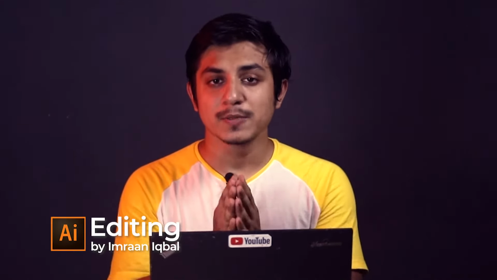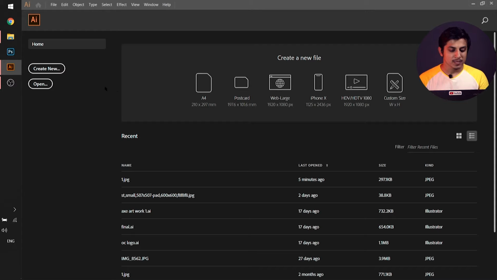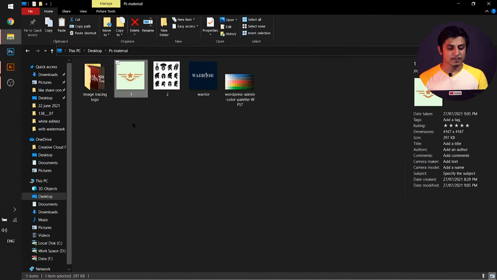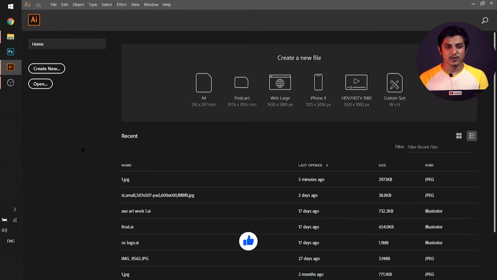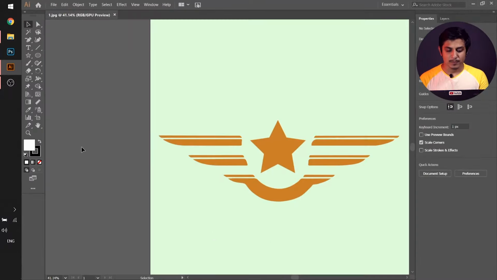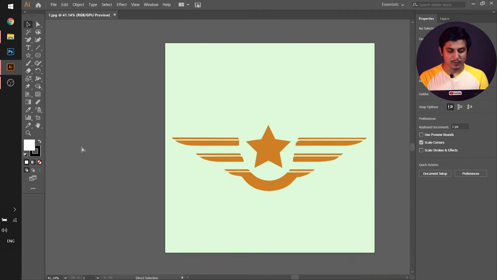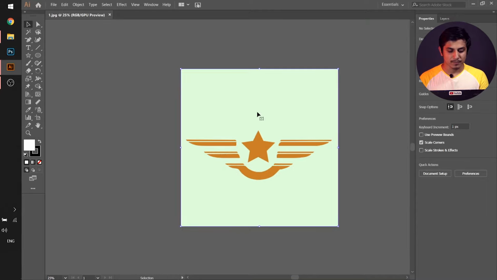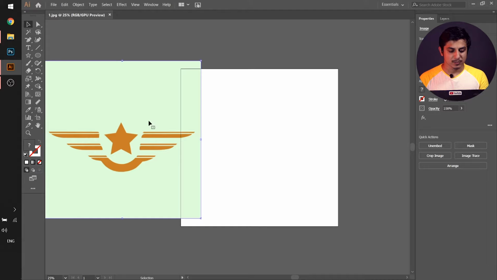For making your own brand logo from different stock images, you need Adobe Illustrator, and here I have Adobe Illustrator. So firstly, I will import the stock images one by one. You can just drag and drop the image into Adobe Illustrator, or you can import it by its formal way. After importing the image, I will zoom it out, and I will move the image from the canvas